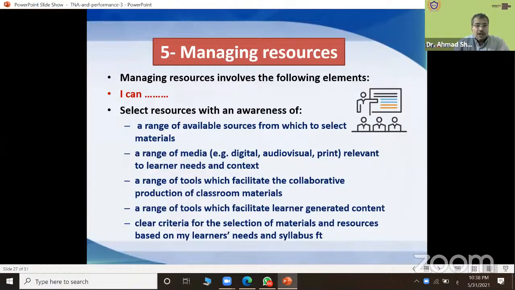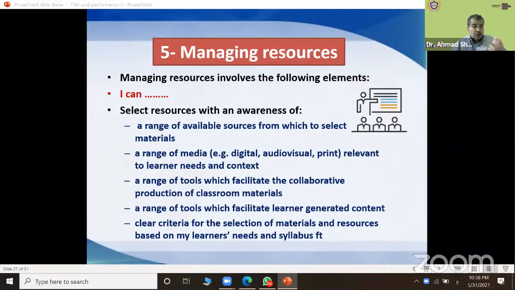Managing resources. When you teach, you have different resources for your teaching. So you should know how to select, how to manage. I can select resources with an awareness of a range of available sources from which to select materials, a range of media, digital, audiovisual, print, okay, for my learners. A range of tools which facilitate the collaborative production of classroom materials. Can I do that?